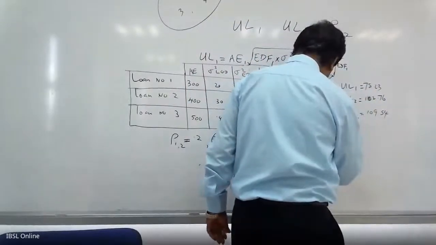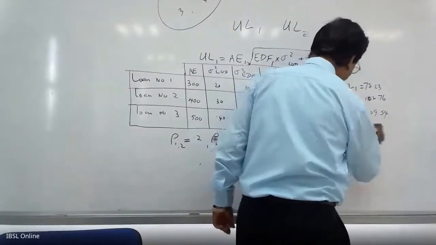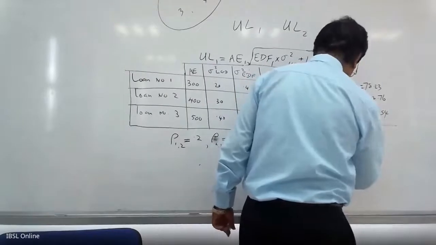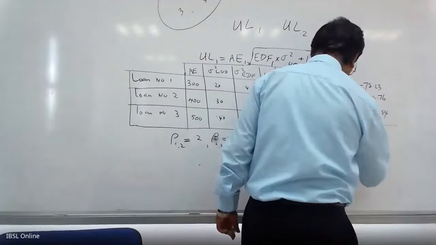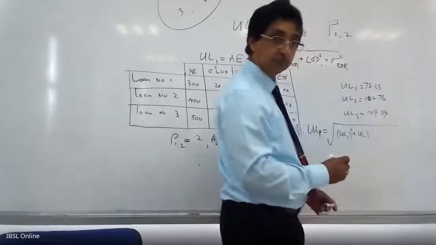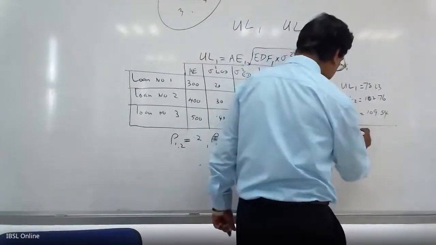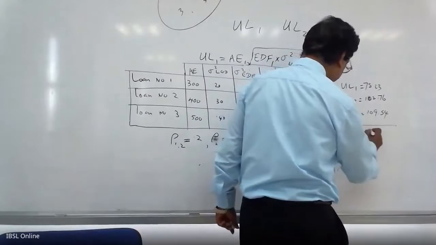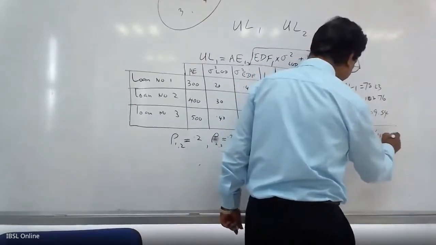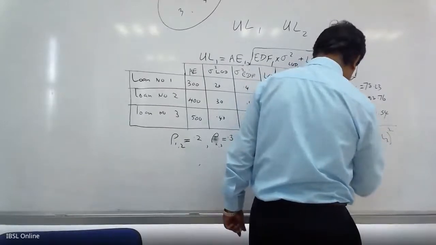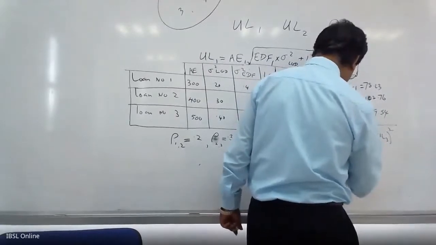ULP is equal to square root of UL1 squared plus UL2 squared plus UL3 squared plus 2 rho 1 2